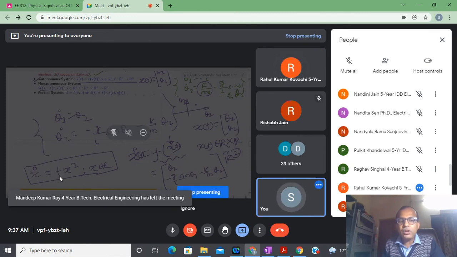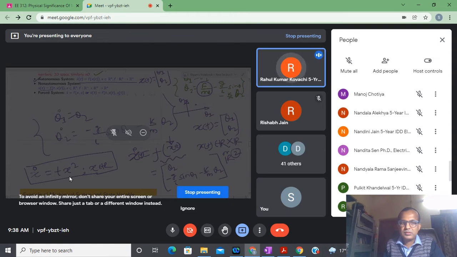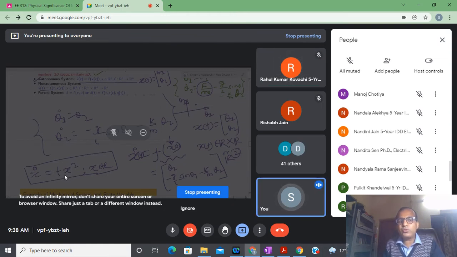Now could you please guess, Rahul, is it an autonomous system or non-autonomous system? Rahul, yes sir. Now could you please guess, is it autonomous or non-autonomous, or is whatever answer you have given correct or incorrect? Rahul, just give me the answer, yes or no. Sir, yes, autonomous. You can see here this is non-autonomous. Why are you saying autonomous?